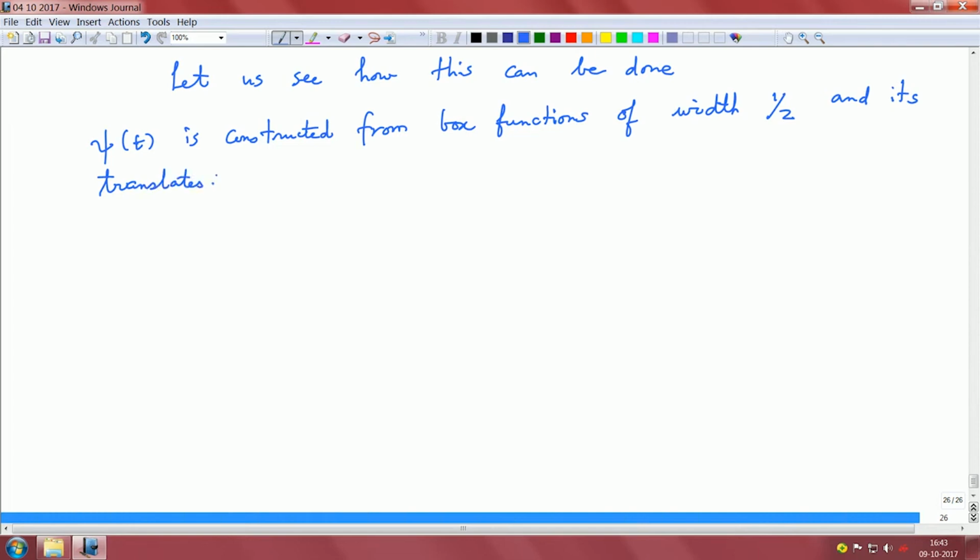We can start with the box function of width 1/2 and its translates. So, if we need this condition, the integral from minus infinity to plus infinity of psi of t with phi of t dt equals 0, if this condition has to be satisfied,